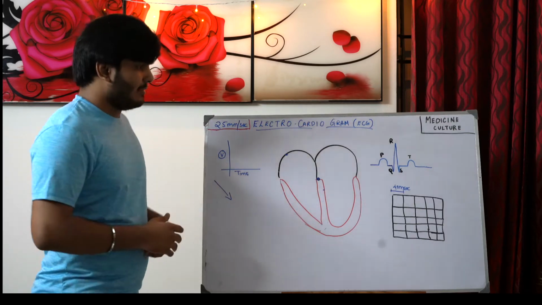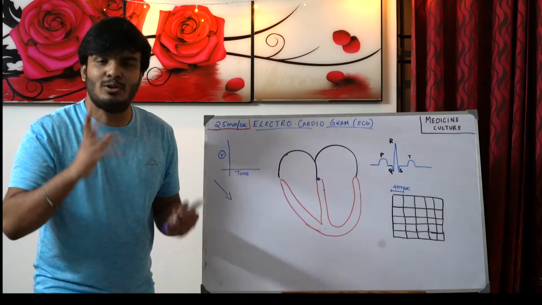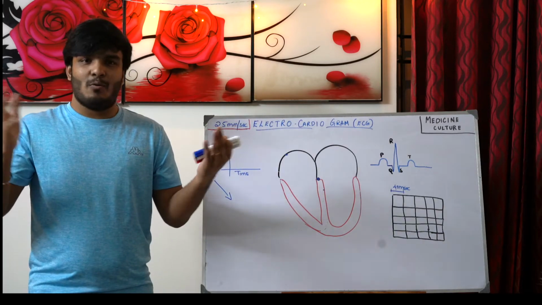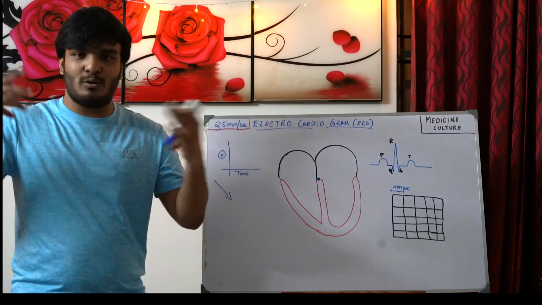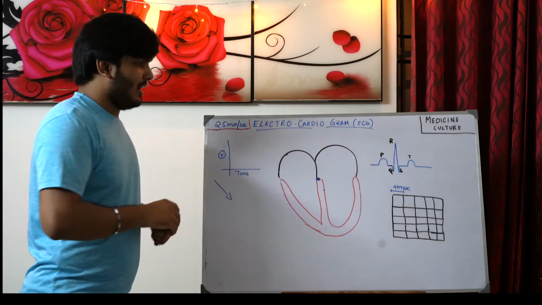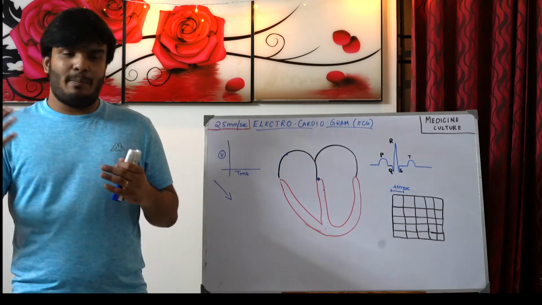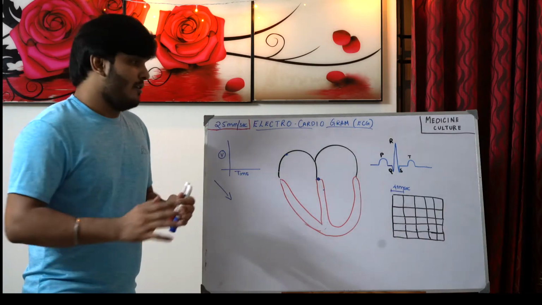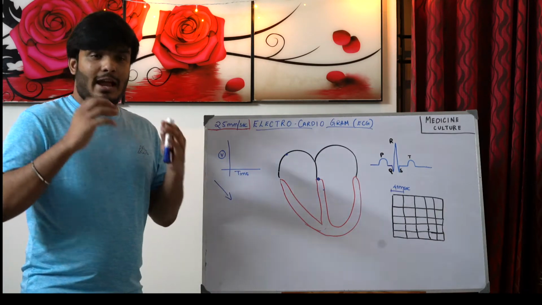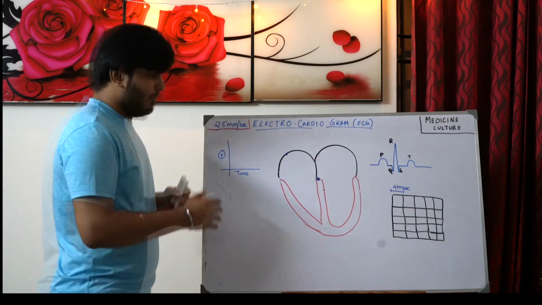The second thing is that when you see any ECG you take, there are only 2 ways that you can see: one, the wave moving up, and one, the wave moving down. And sometimes both on the same sheet also. How a positive deflection happens in an ECG paper is that when a current flows along the direction of the electrical axis of the heart, we get a positive deflection.